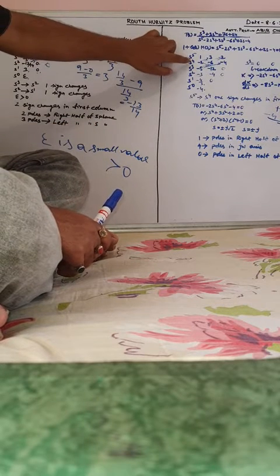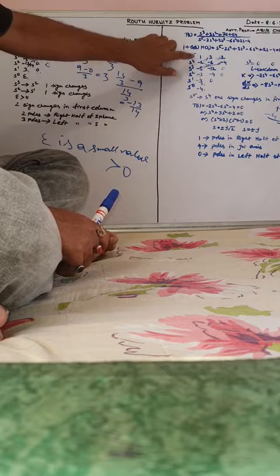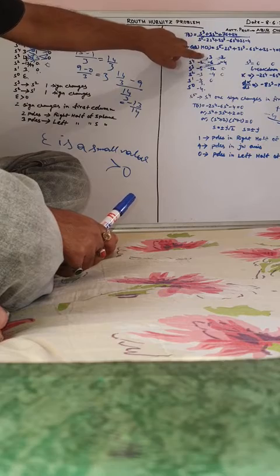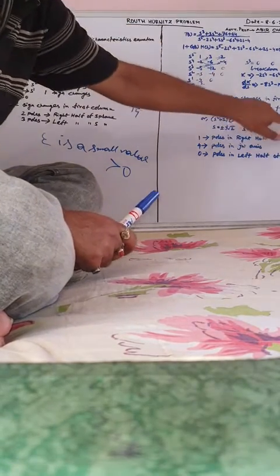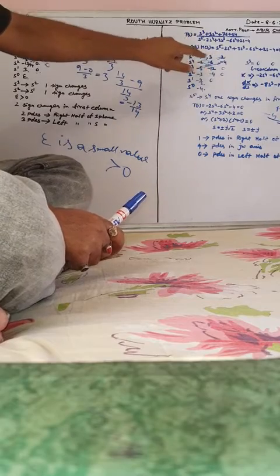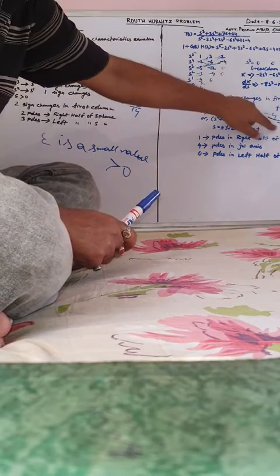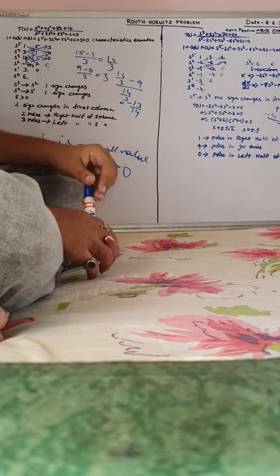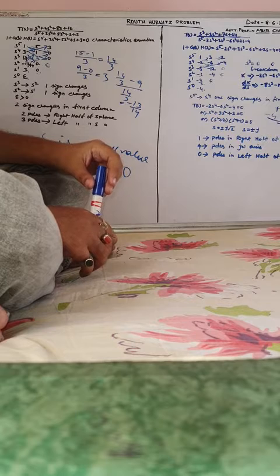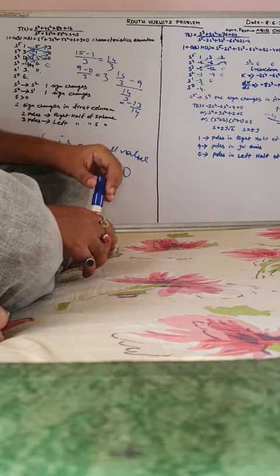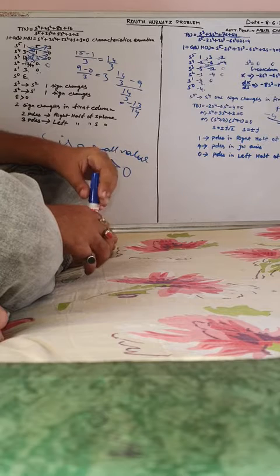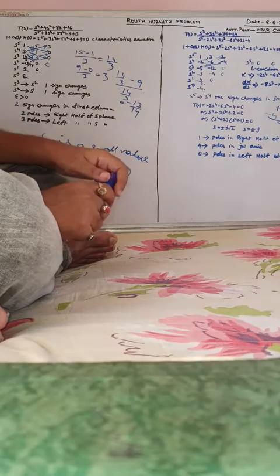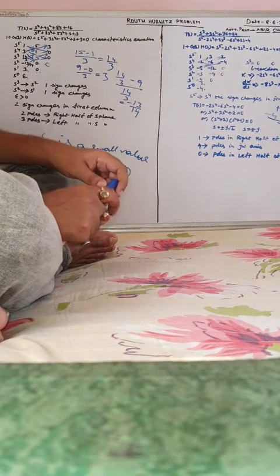But remember one thing, if a breakdown happens, that means S3: minus 2 into minus 3, minus 2 into 3, minus 6, minus 6 by minus 2. So it is 0. Here also minus 2 into 2, minus 4, minus 4 by minus 2 is 0. So these two are 0. That means a breakdown happens. So it is minus 2 S4, minus 6 S square, minus 4. So it's dK by dS, meaning minus 8 S cube, minus 12 S. So minus 8, minus 12.